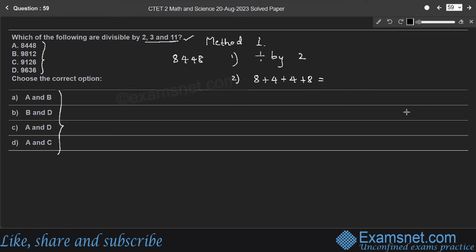If the sum of the digits of the given number is equal to 3 or a multiple of 3, then it is divisible by 3. So here the sum of the digits is equal to 24, which is divisible by 3. Therefore, the whole number is divisible by 3, right? Therefore, 8448 is divisible by